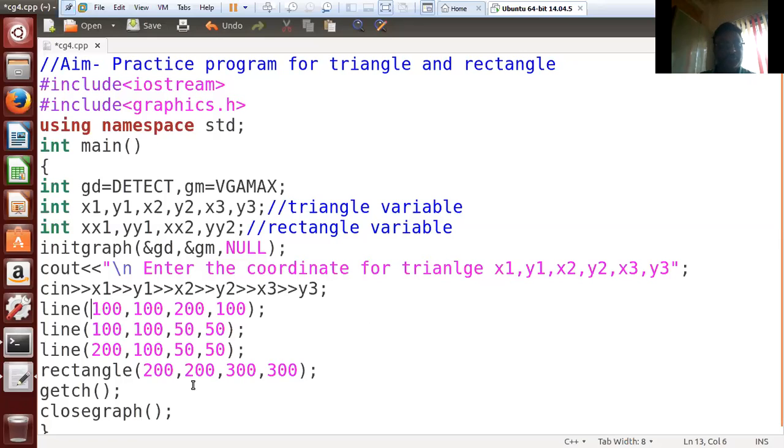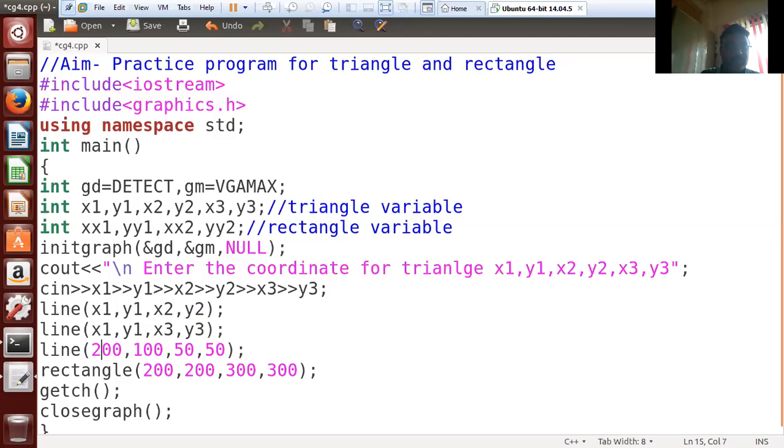Now I'm going to replace the values 100, 100 and 200, 100 with my x1, y1, x2, y2. So this is my x1, y1, x2, y2. Correct? Because this is my first line. Then I'm going to draw another line with x1, y1, x3, y3. Correct?